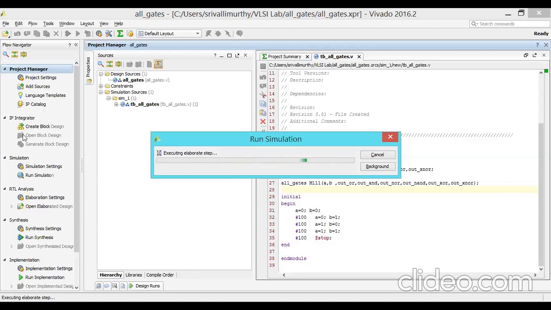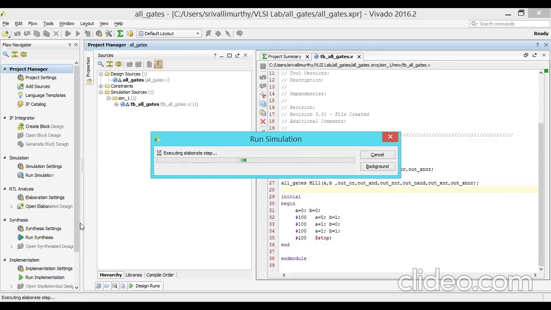You can observe on the left hand side: simulation, analysis, synthesis and implementation. All tools are combined. This is a package, also called an IDE, an Integrated Design Environment. It is one environment, so there is no need to go for another tool. Simulation, synthesis, implementation, analysis and debugging tools are all available.